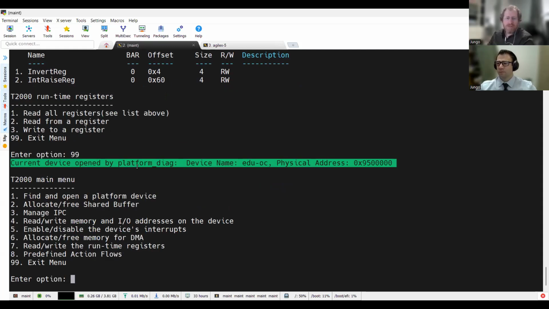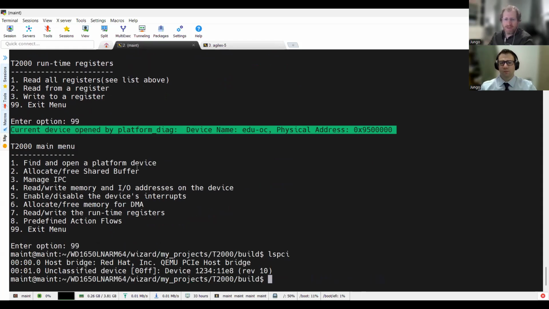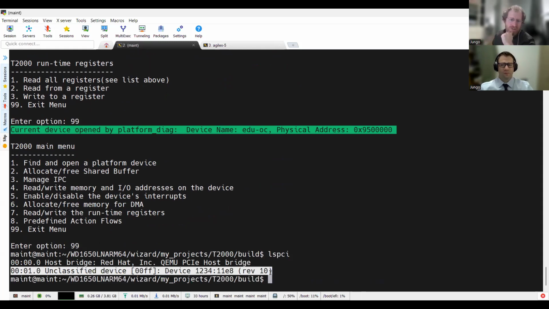So that was a platform device, and assume this was running on an SoC. Now we're going to take the exact same code and run it on a PCIe device. What's interesting is we already saw this in the wizard, but we have this device here, which is a PCIe version of EDU.